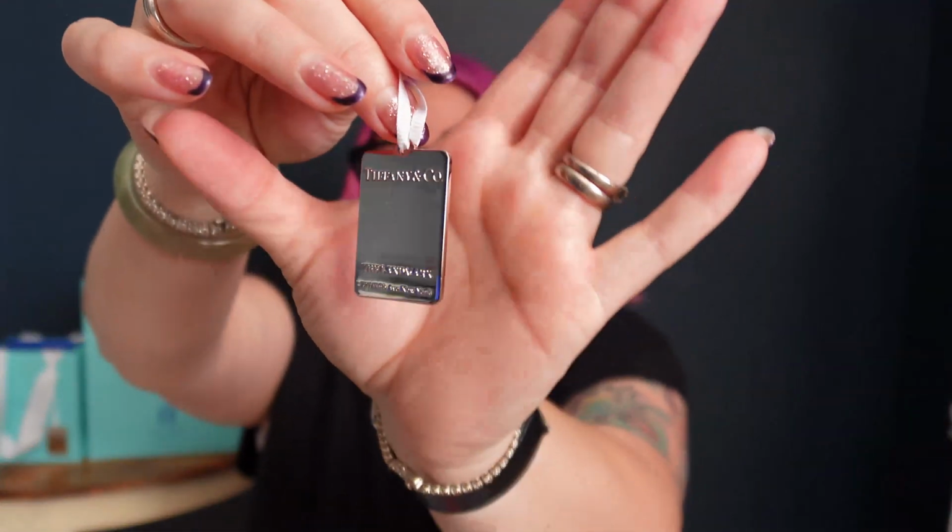I'd bought something for my mum for her 50th birthday a while ago from the Tiffany in London. So while we were in New York, I thought I would revisit. And while we were there, the lovely client advisor who was helping Amelia Rose and Meredith with their purchases handed all of us one of these gorgeous little kind of